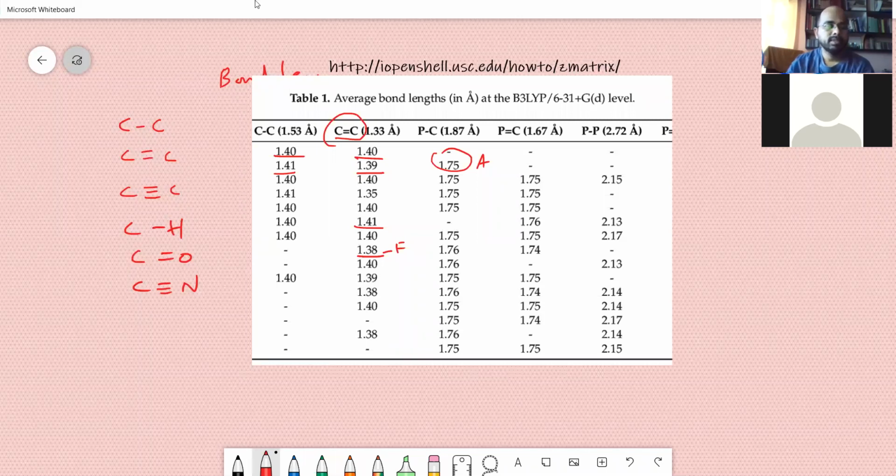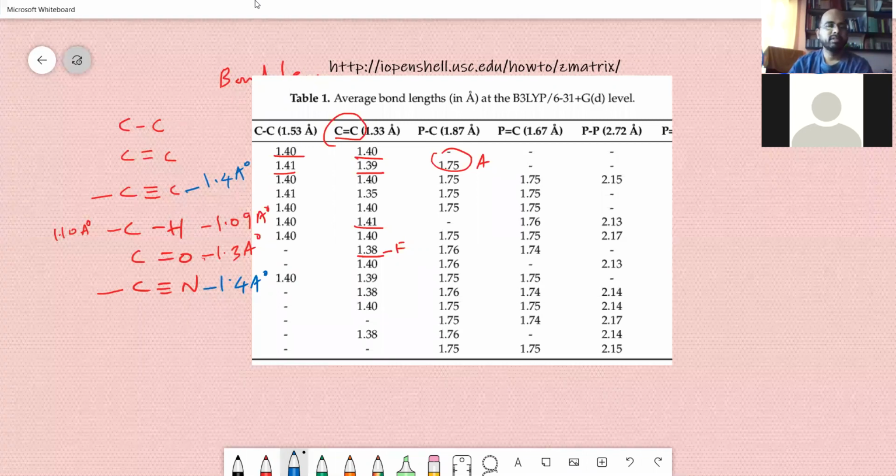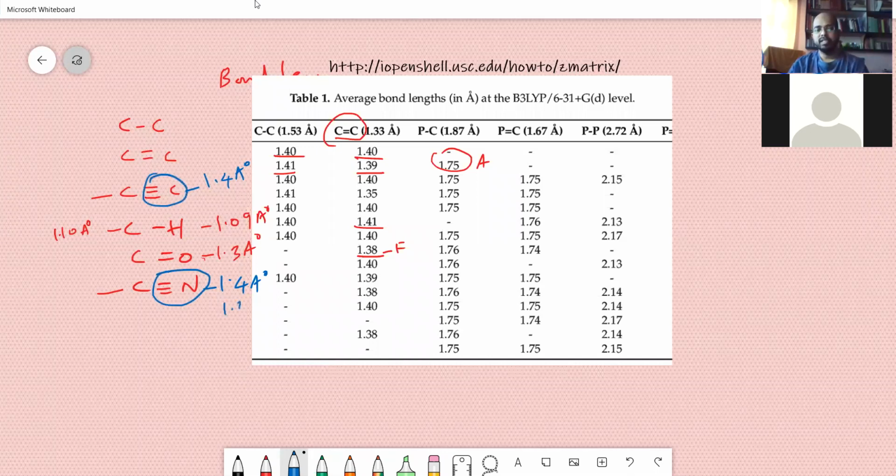Okay, so this will be like, for example, 1.3 angstrom. This will be like 1.09 angstrom. Sometimes it will be like 1.10 angstrom. Sometimes C triple bond N and C double bond C both will have about 1.4 angstrom. This will also have 1.4 angstrom. But because you have nitrogen here and carbon there, slightly you will get 1.39 angstrom. The bond length will keep on changing. So the knowledge of bond length is very important for understanding reactivity in terms of chemistry knowledge.